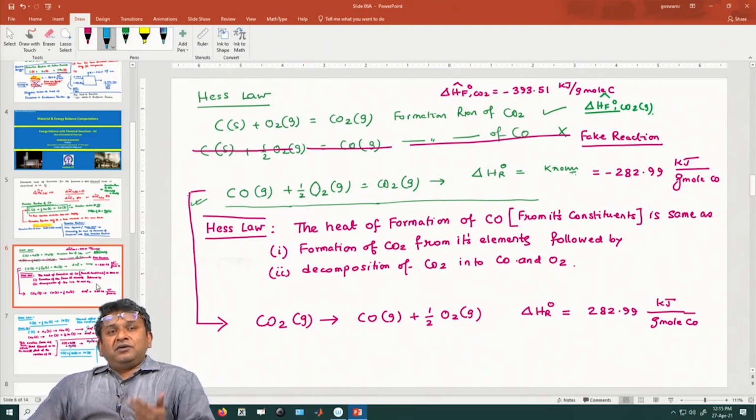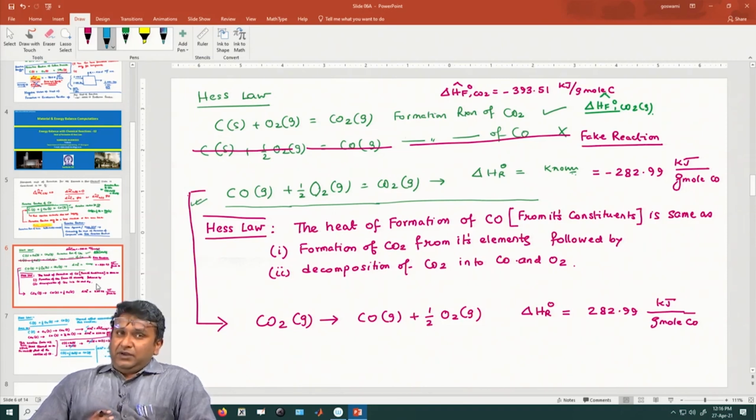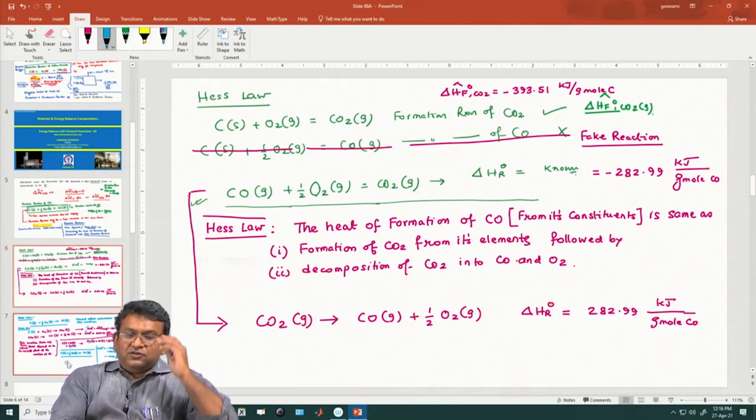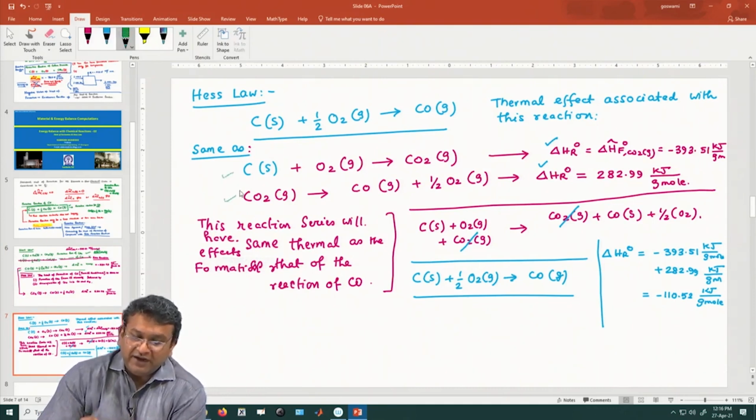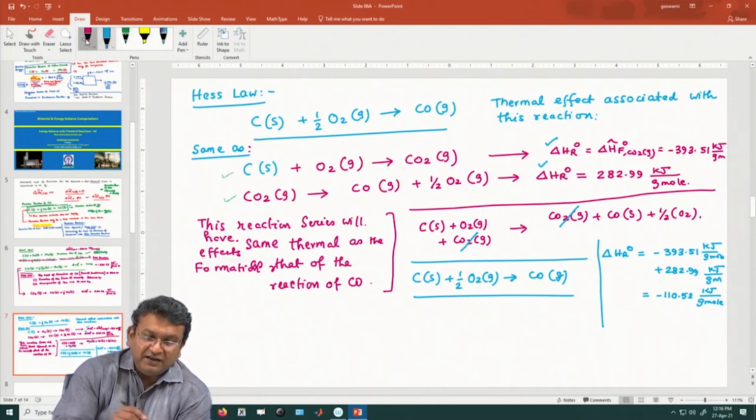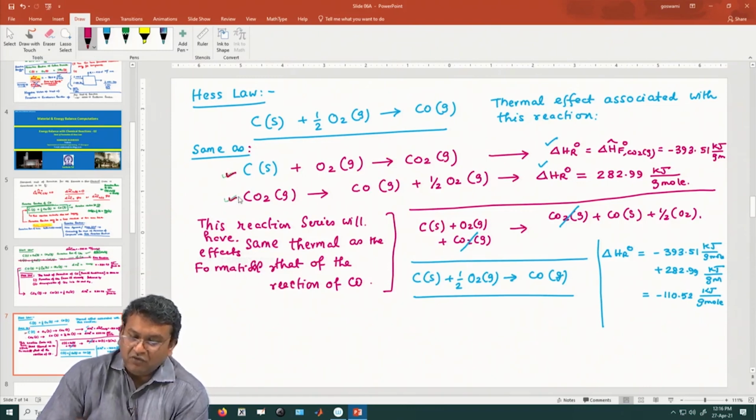And in the process, we learnt one more important thing: whether a reaction chemically happens or not is a different question, but what you can write is that if you know the heat of reaction of the forward reaction, the heat of reaction of the backward reaction is exactly its opposite, the negative of the same value. And if you write those, all you have to do is, according to Hess law, write these two equations and then simply add them up over here